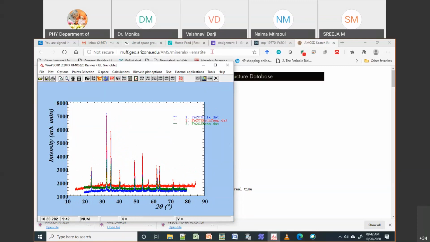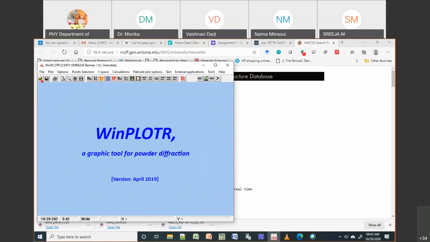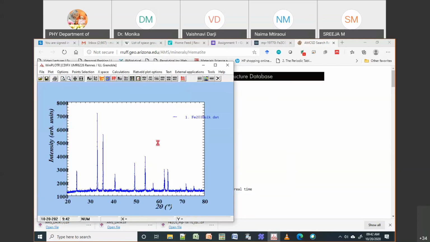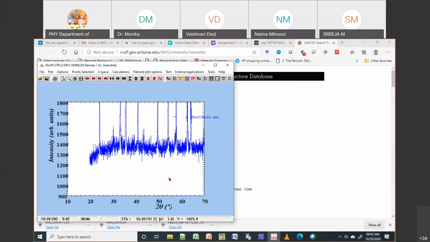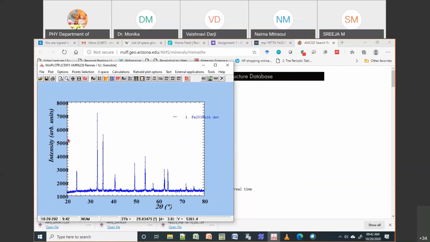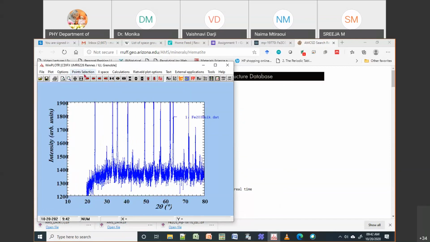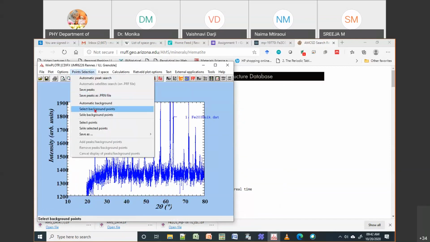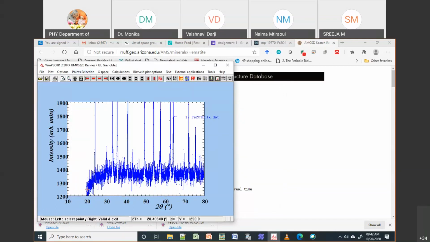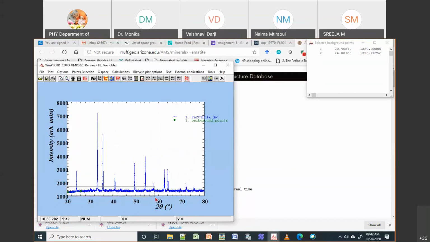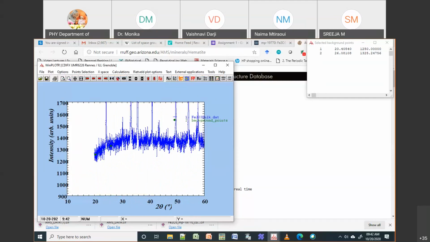Okay, so I will open this data, which is your bulk. So this is the bulk sample. The data is not that good because it was collected for a very short time. Still, just for practice, I'm going to show this. So first thing is I'm going to select all the background points, and then we'll go for the next one.